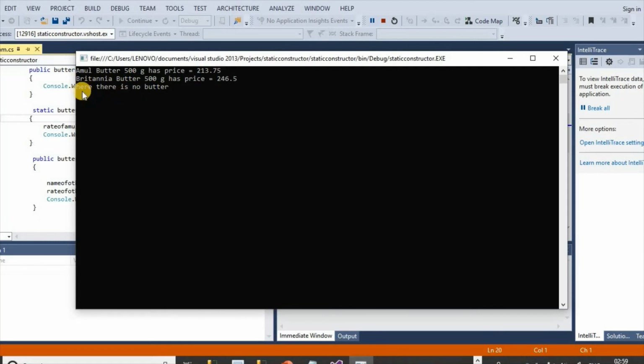At this time this constructor without parameter is called. In this way, we can see the static constructor is invoked after the first instance and invoked only once. And here the static constructor is called only once.